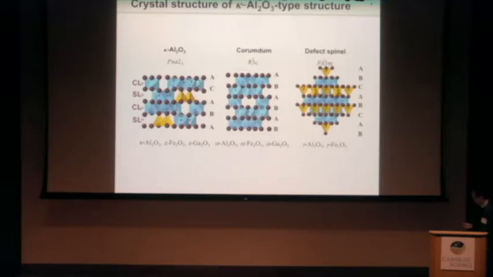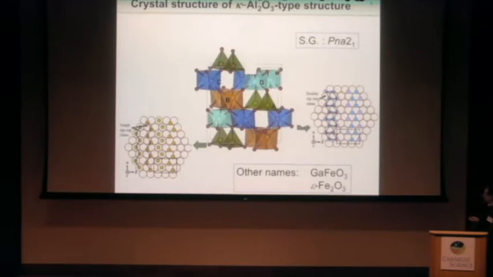Let's look closer at this material. There are 4 sites for the cations to occupy, A, B, C, D. A is tetrahedral site, and B, C, D are octahedral sites. And this is a corundum layer, spinel layer, corundum layer, spinel, corundum, spinel, and corundum